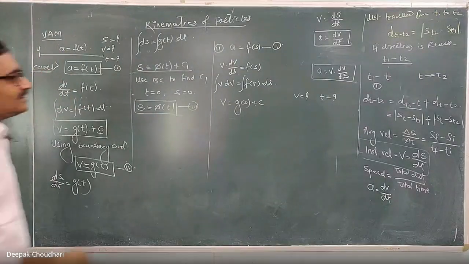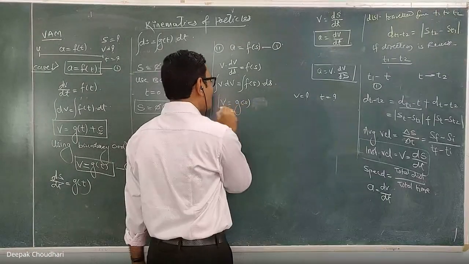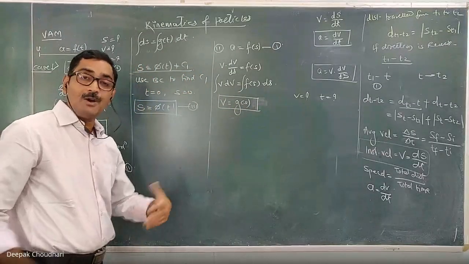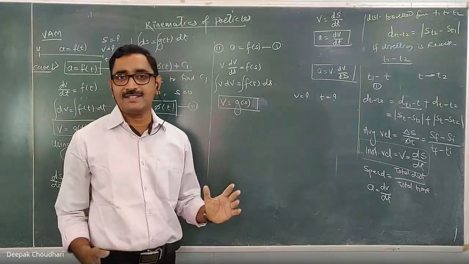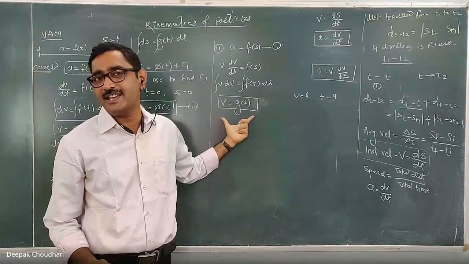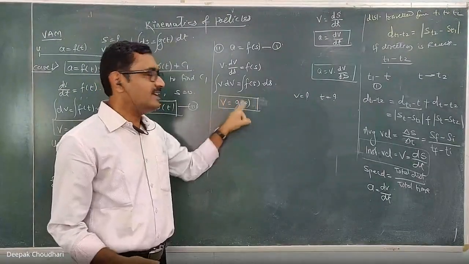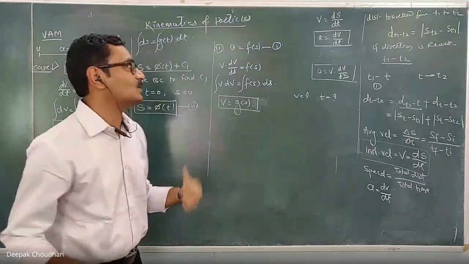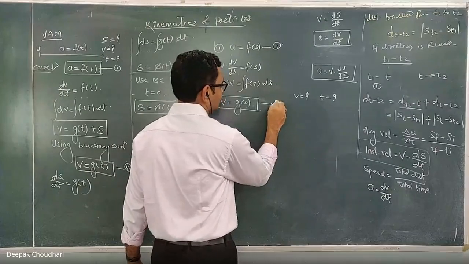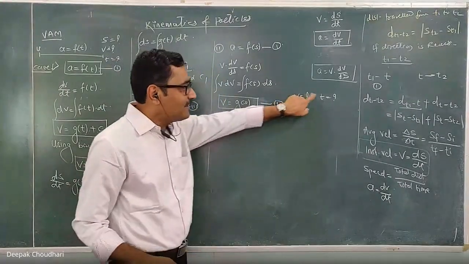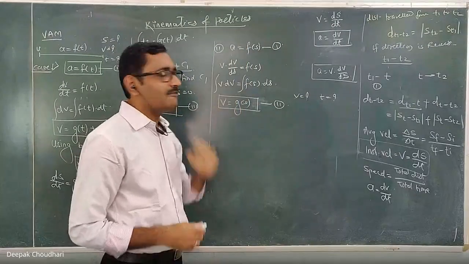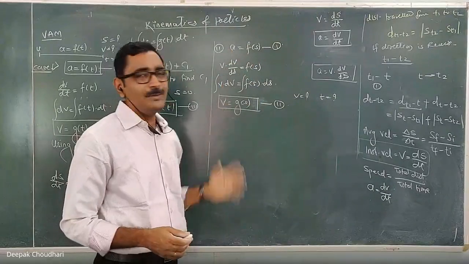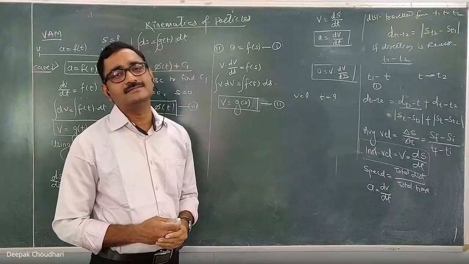So this is another equation. Now here also you have to use the boundary condition to get the constant of integration. But this equation is in terms of v and s, so boundary conditions should also be in terms of v and s. The boundary condition of v and t will not work for this. So v is a function of s, and you require the boundary conditions or limits in terms of v and s only. So this will be the second equation. But I want to find the v as a function of time t. I have two equations now, but none of the equations is in terms of v and t. In fact, in neither equation has t been introduced so far.